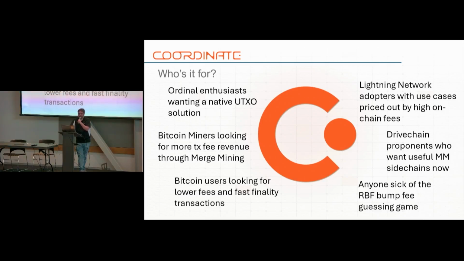It's for Lightning Network adopters who are trying to do interesting, innovative things on the Lightning Network, but they get priced out due to the fee market. As we all know, I don't know how many of you have noticed forced closings going up a lot in the last year. It makes it very difficult to run persistent things on the Lightning Network, but fortunately Coordinate is a fork of Bitcoin Core, so it is also compatible with the Lightning Network,